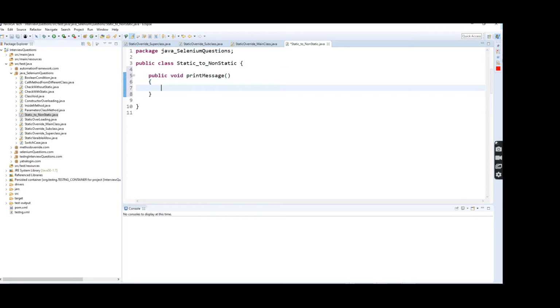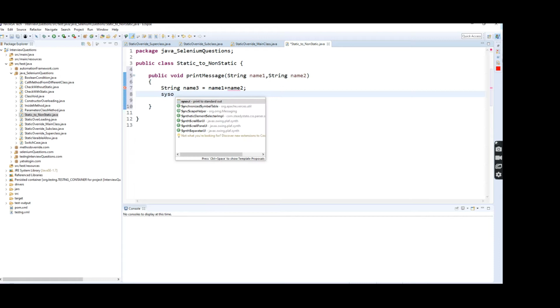Here I'm going to pass two parameters, which are String name1 and String name2. Here I'm going to add these two names into name3, name1 plus name2.